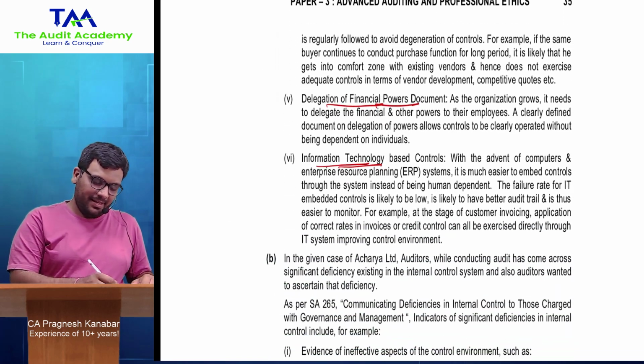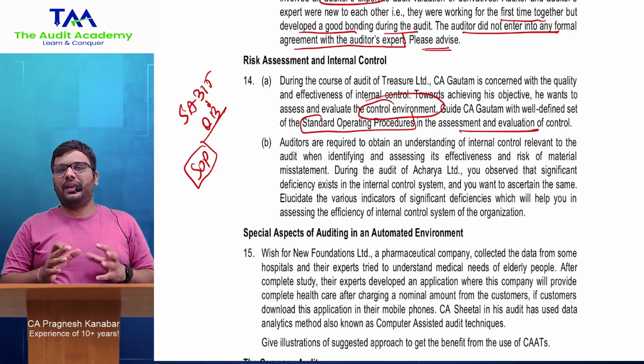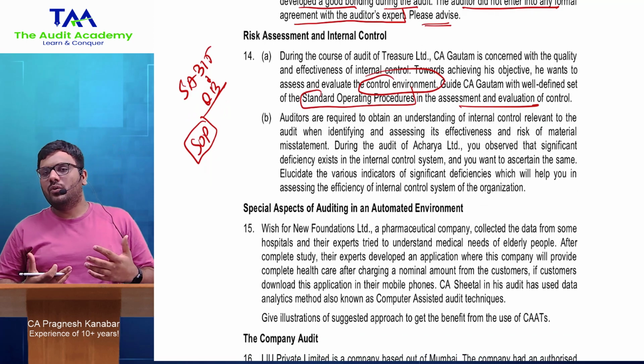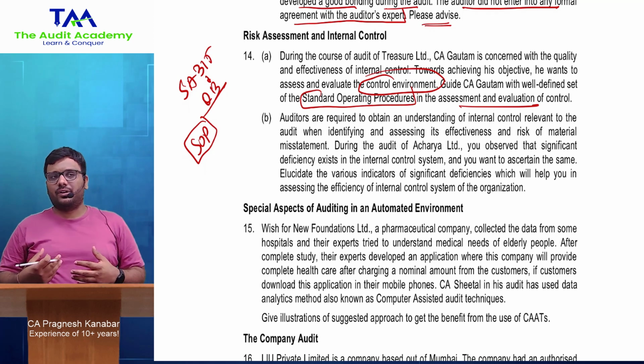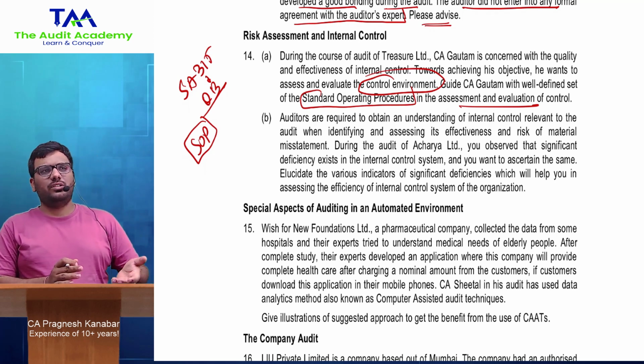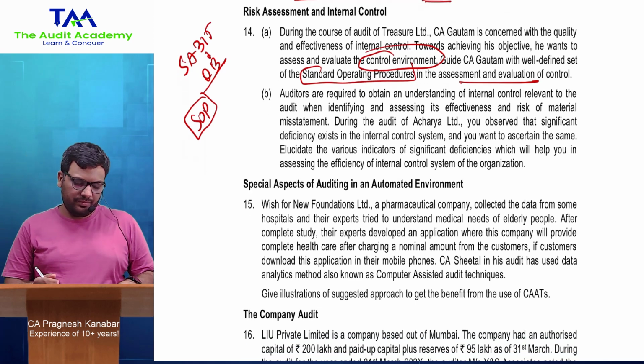Okay, now it's a pure by heart answer. You memorize it and write it, this kind of answer, where the head points will matter more rather than whatever content you are writing. Content should be a little bit relevant, but that's okay. But the head points will matter more. All this was also there in the December 21 question paper.